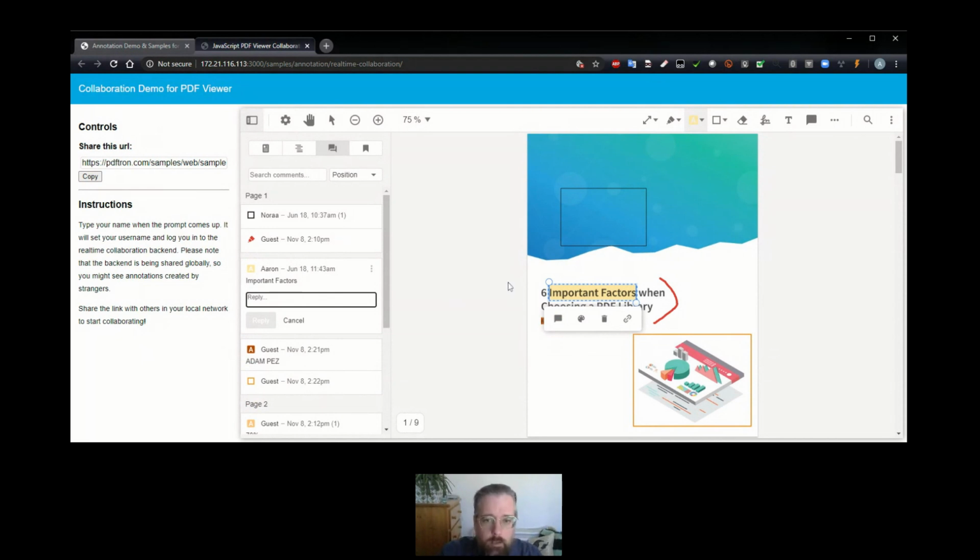I've highlighted this piece of text, and maybe I want someone else to take a look at it. So I could say, hey, could you take a look? Let's say I'm thinking that this text needs to be reworded, that important factors isn't quite right in terms of phrasing, and that's something we should revise before sending out. So I can add a comment, and note that I've said @,